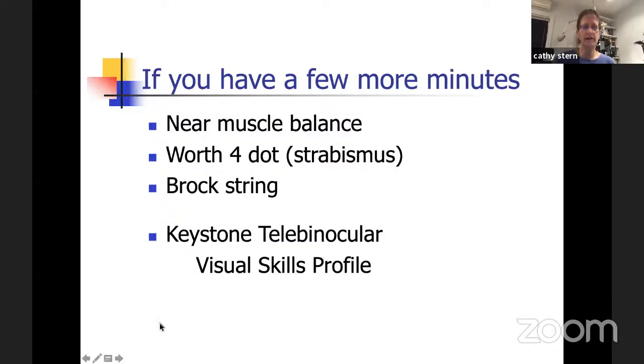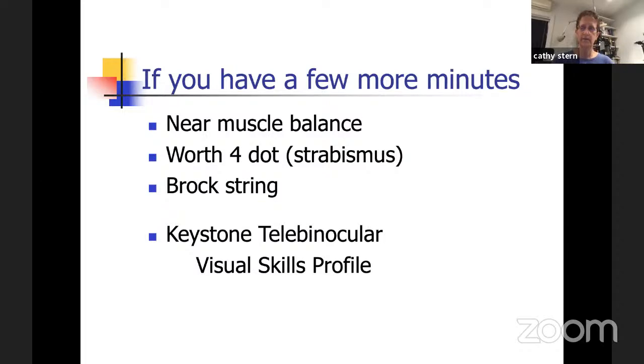The other thing we like to use here, which is a little harder for the parent to see and understand, but we have a Keystone telebinocular, which is just a stereoscope. And in the stereoscope, there are cards for acuity, but there are also cards that have on them essentially a measure of phoria, a measure of fusion, a measure of first-degree stereo, so that we can do a number of